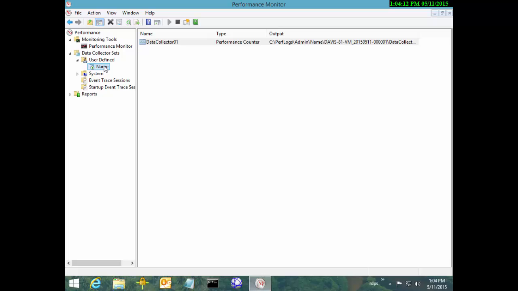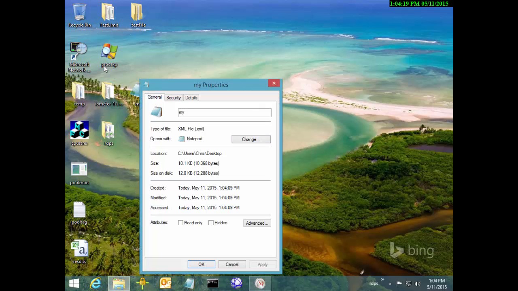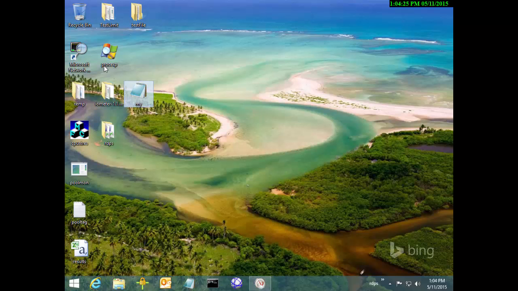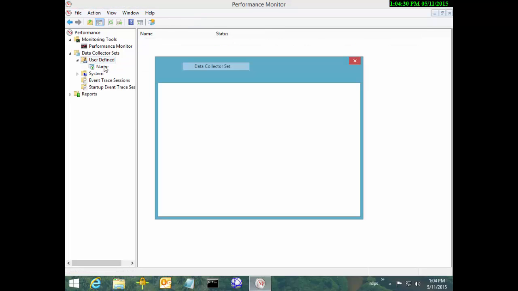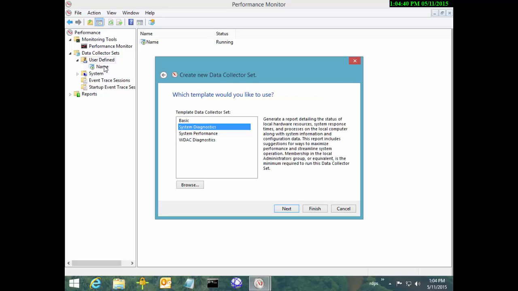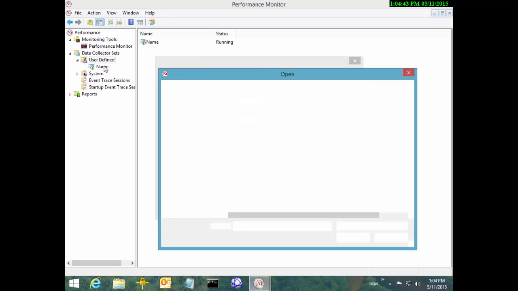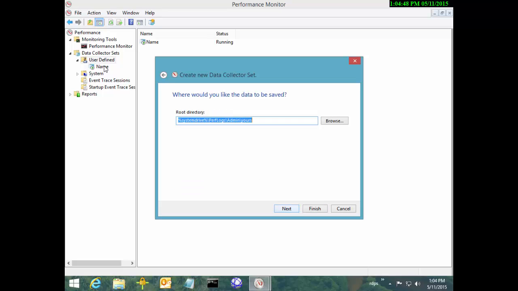We call it my, apparently, because I hit enter. So anyway, we got a data collector set called my, and that's awesome. It's actually an XML file. Even though it looks like a notepad document, it's an XML file that gets generated. And you can use the XML file to import this back in. And it's real simple. You just go back to your data collector sets, say new data collector set. We'll call it yours, I guess, since the last one was called my. Create from a template this time. And we're going to be doing performance, browse, desktop, my, next, and